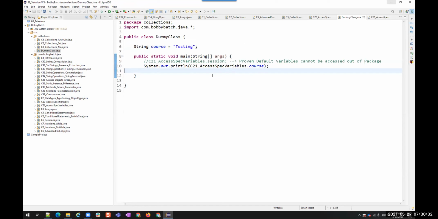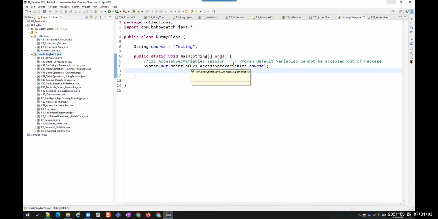Then you might say, okay, then what is the difference between default and protected? Both are not visible here. We are unable to see both of them. Then what is the difference between protected and default, right? Because there is a small difference. Both protected and default will be only accessible within the package. Outside of the package, both of them will not be accessible under some conditions.